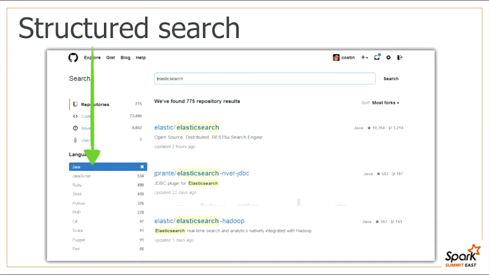In each bucket, in this particular case, the repositories are broken down even further into smaller buckets, such as language. So I can see, OK, I'm looking at repositories, and some of them are in Java, some of them in JavaScript. So literally what you're doing, as the data comes in, you start to structure it so you can better get context. And what you're doing by that is going from an unstructured search to a structured search.